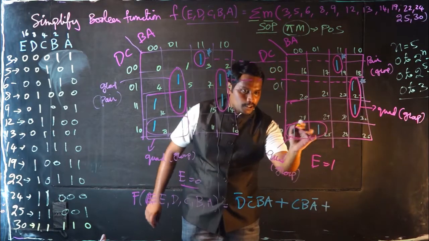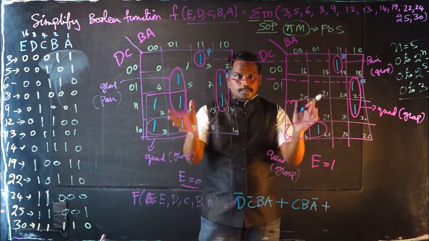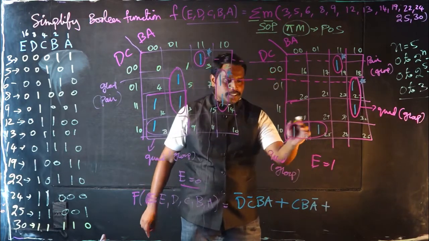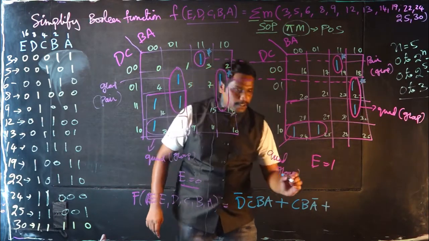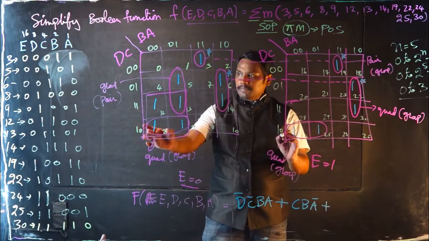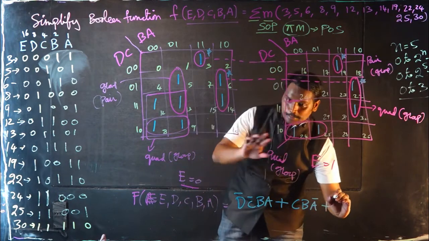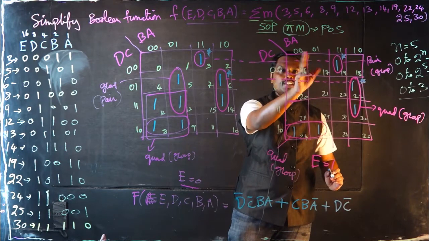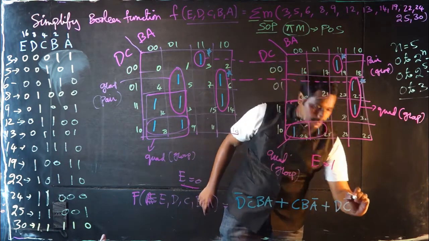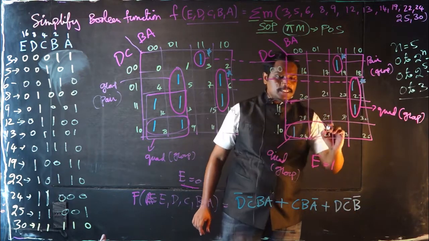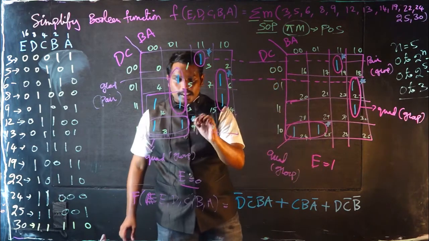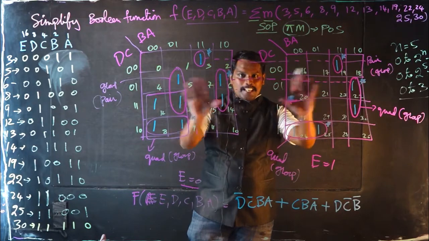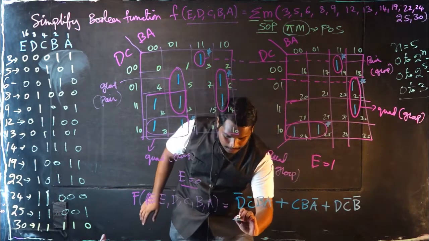And now coming to this particular group. First I am comparing the commonalities of both the Karnaugh maps, and for this quad you can see that you are going to have the same. So this is something like D, C bar, and then the commonality here is B bar. This is the expression that I have got for this particular quad of ones. Now commonality is completed. Now coming to the next expression.